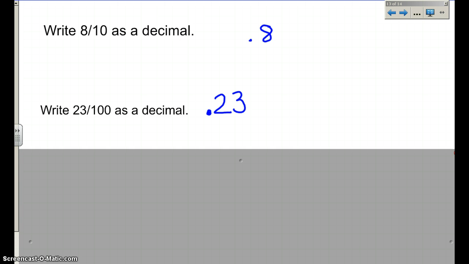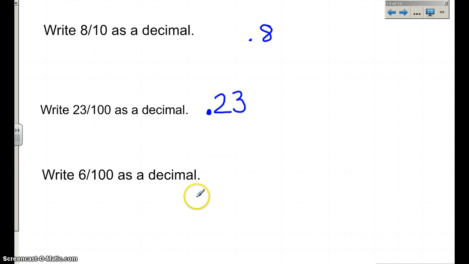This last one, hopefully you're not going to get tricked by it. 6 hundredths. How many tenths are there? There are 0 tenths. And there are 6 squares, 6 hundredths. So 6 hundredths is written like this. You have to say there are 0 tenths. You are going to have several problems similar to this on your homework tonight. So make sure you use all the strategies that